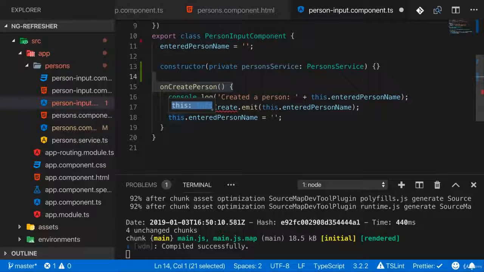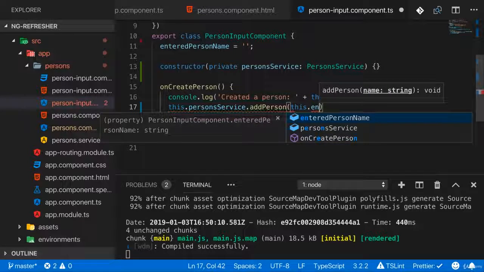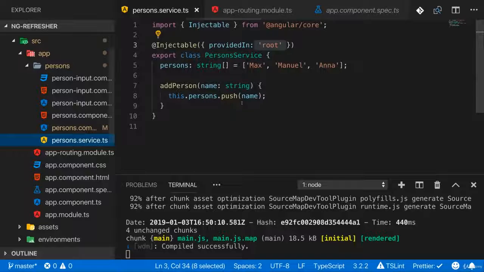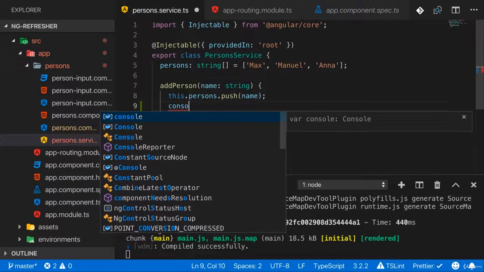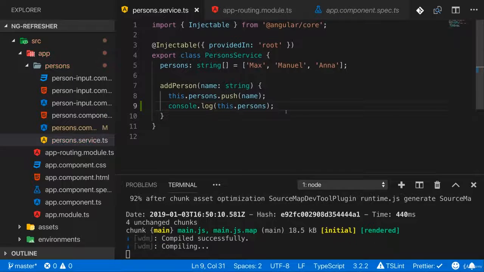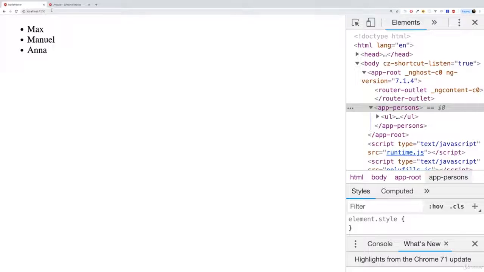Now in onCreatePerson, therefore I don't want to emit this person name anymore. Instead, I want to use my person's service and call add persons and pass this entered person name. And now in the person's service and add person, let's also console log this person's array to see if that worked. If we now save that,